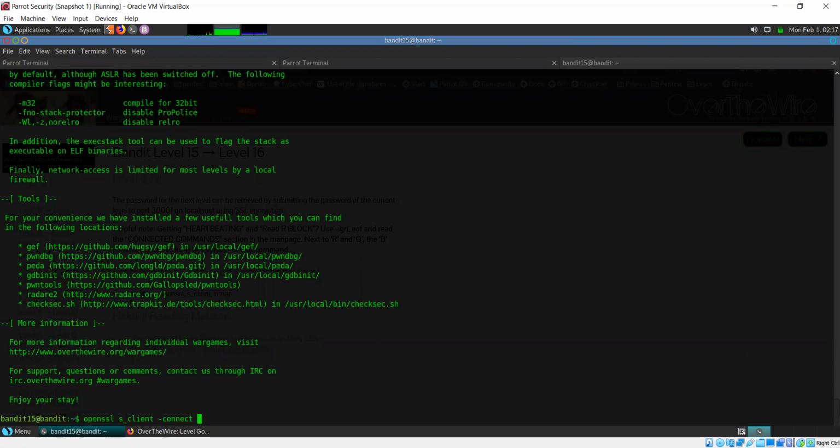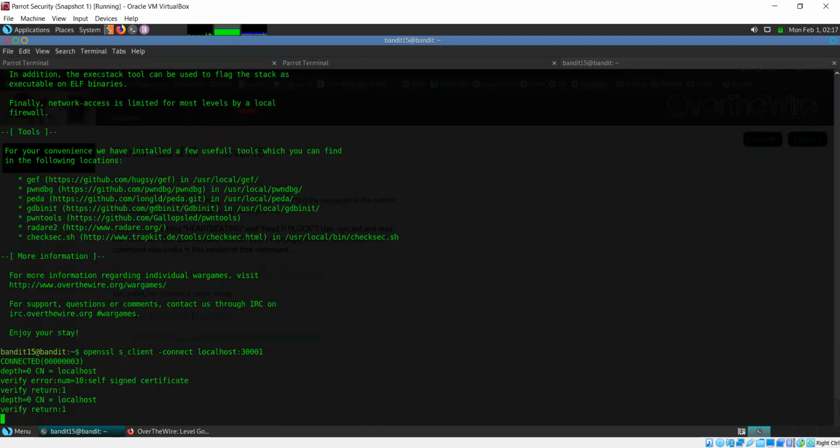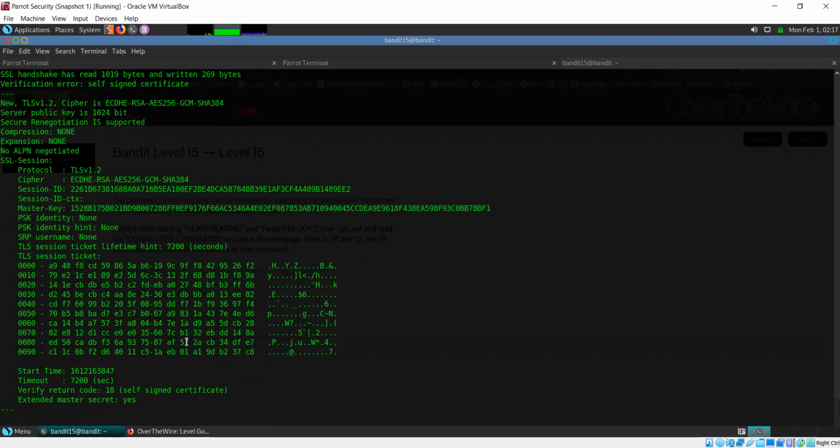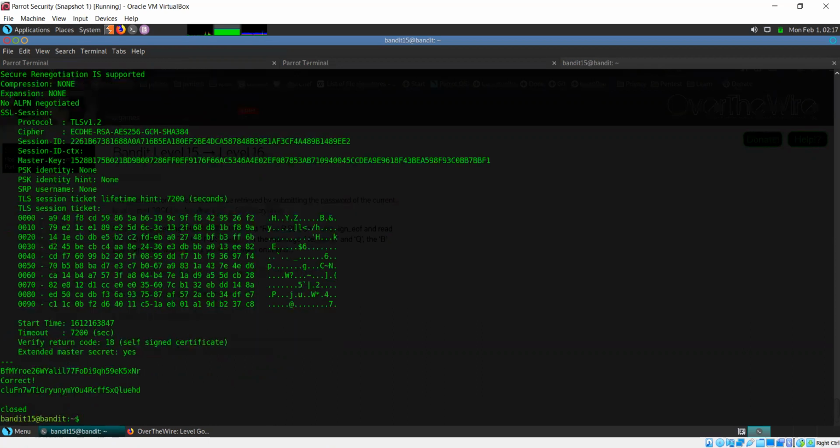And where do you need to connect? You need to connect to localhost 30,001. Okay, so now I need to specify the password. So I get the response correct, and then the next password.